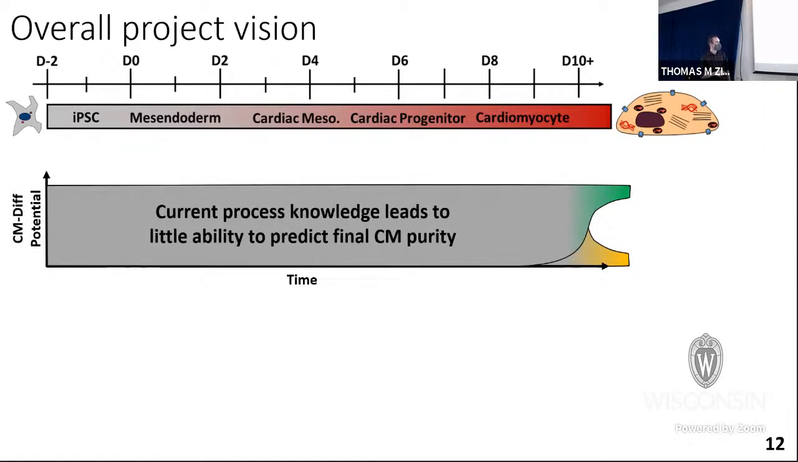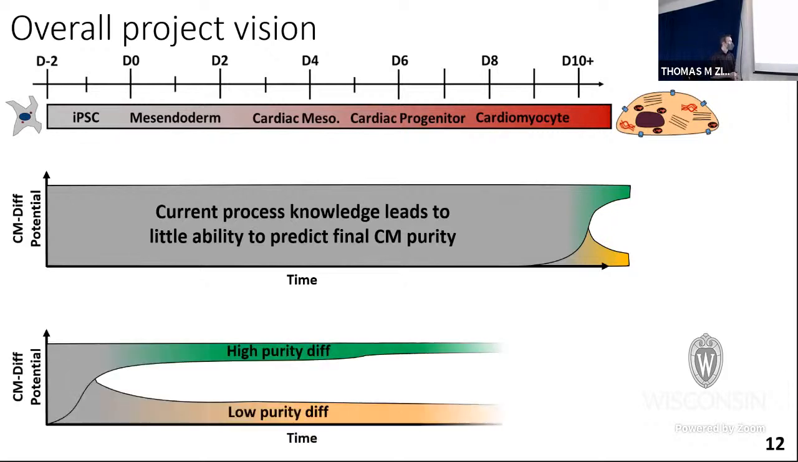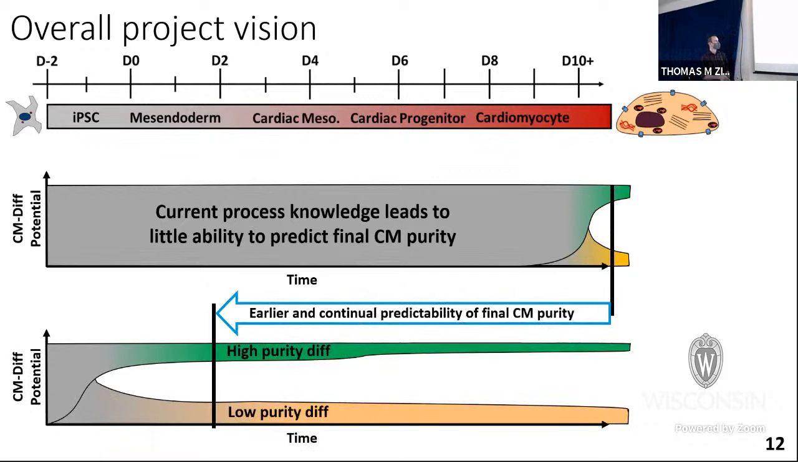And current process knowledge leads to little ability to predict a priori if you're going to become a cardiomyocyte, in that you don't know until you have cardiomyocytes if you're going to get cardiomyocytes. So what we'd like to be able to do is push that much earlier in the process and continually predict the final cardiomyocyte purity. So be able to see, as early in the process as possible,